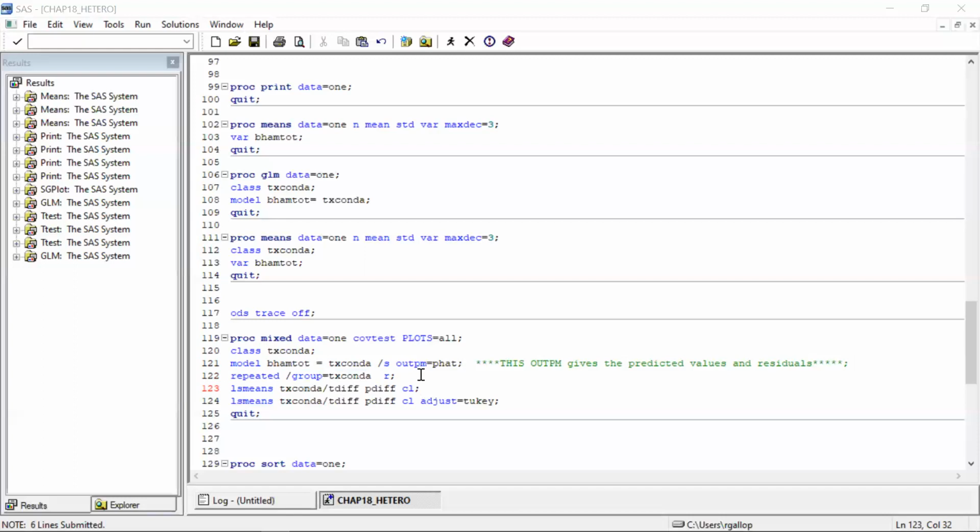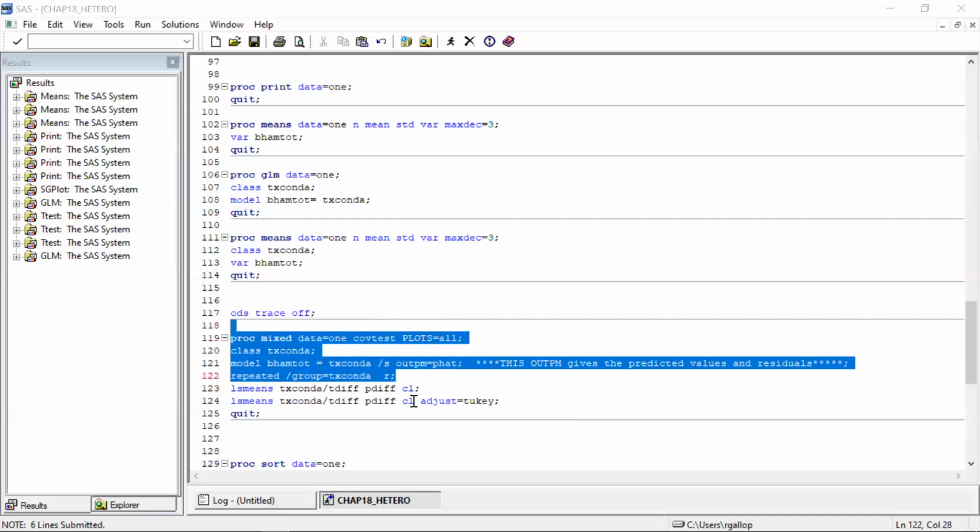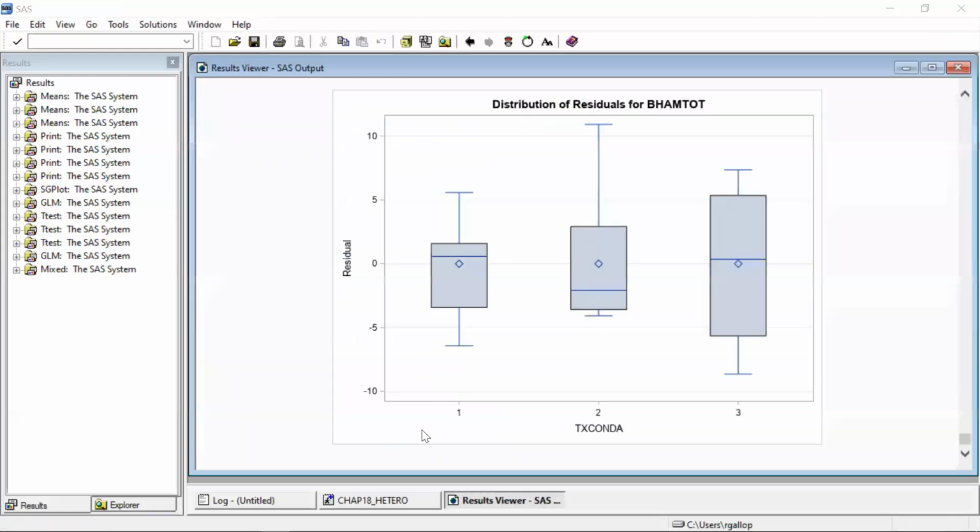In proc mixed, the LSMEANS statement works exactly like GLM, where we could do TDIFF, PDIFF, and then we could also do adjust=Tukey, adjust=Bonferroni, adjust=Scheffe. Proc mixed does not have a means statement. It only has an LSMEANS statement, which is why I lean on the LSMEANS statement mostly. But check this out. When I go here and I run this,